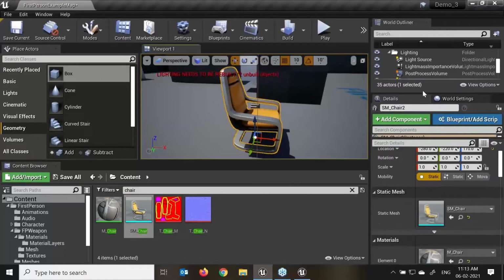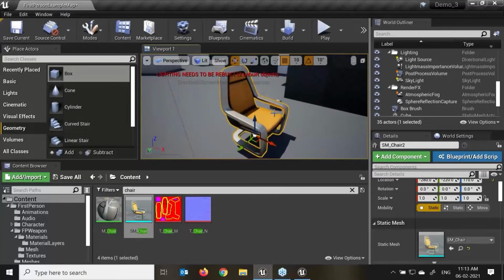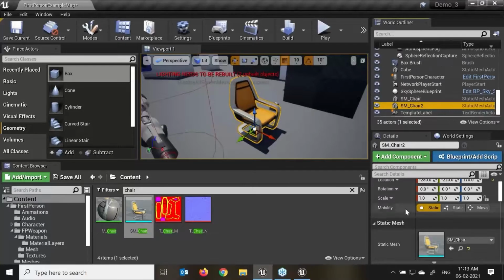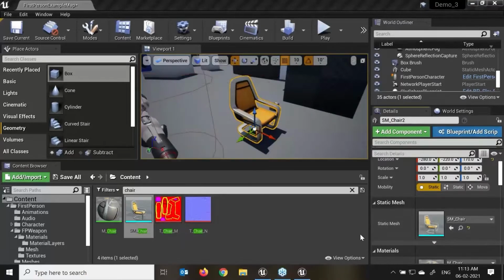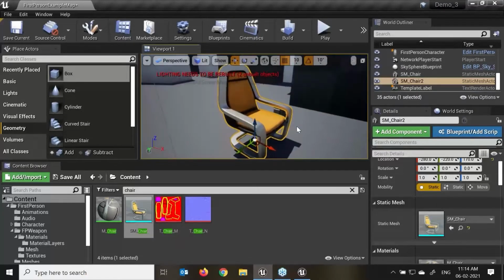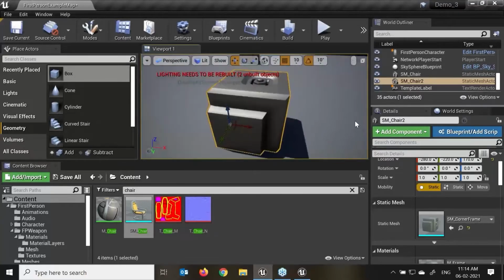So there are different ways we can change the inside of the character. For example, this is one character which I imported. This is my static mesh character. If I go down into my Details options over here, I can see this is my static chair. If I want to change it, I do not change my actor, but I change the inside of my actor. If I change it over here, this becomes a different object, but you see the name of the character remains the same.